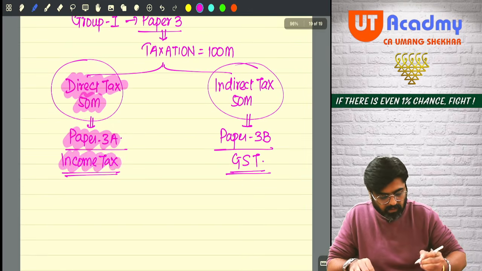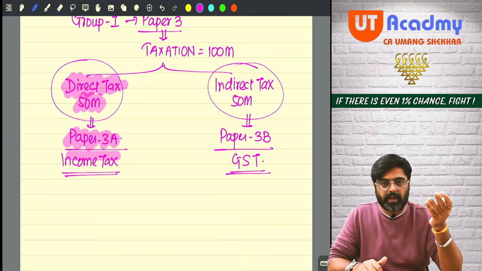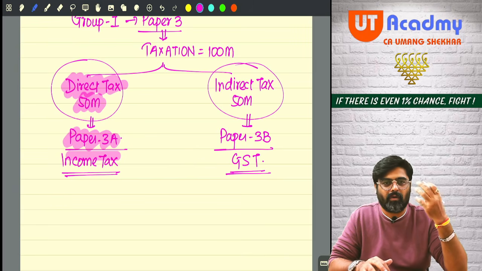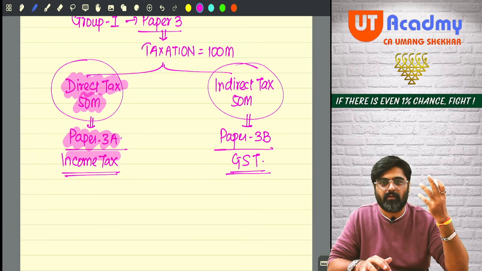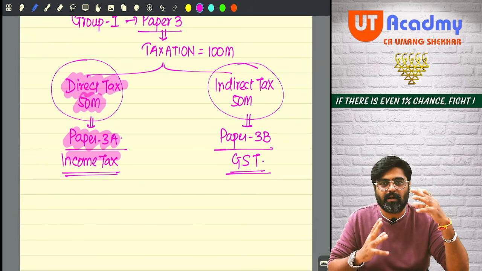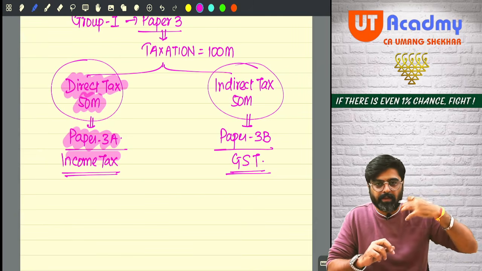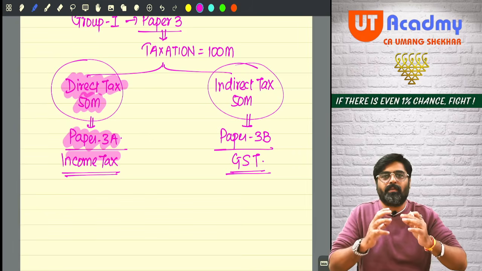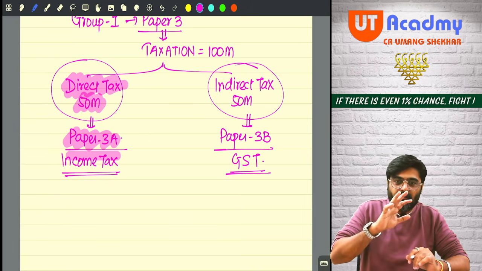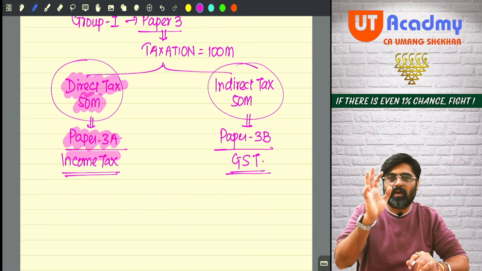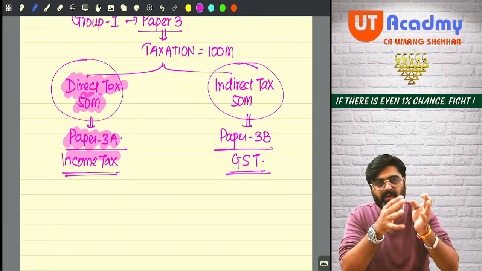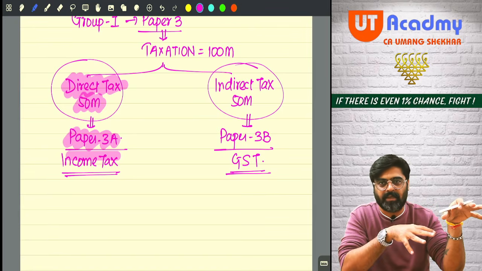Income tax. Now see, before moving ahead, whenever we are going into a battle, or going into a war, we first have to understand what our enemy is having, what kind of ammunitions, what kind of arms he is having, so that our preparation for that war, for that battle is up to the mark. So we are first understanding what our subject is. Subject is direct tax and indirect tax. Both are having 50-50 marks of weightage in the examinations.